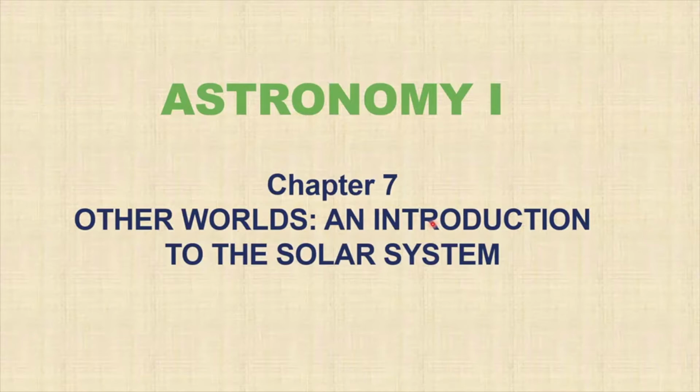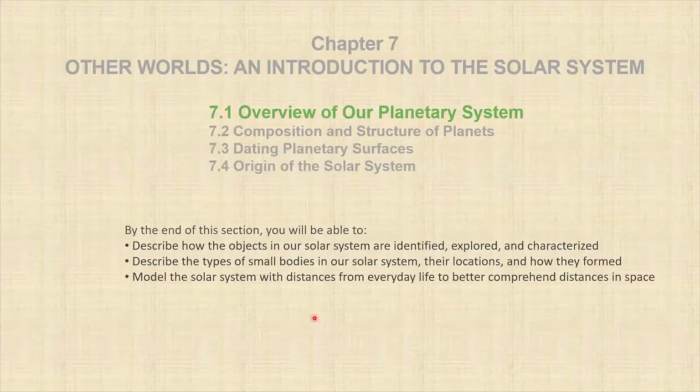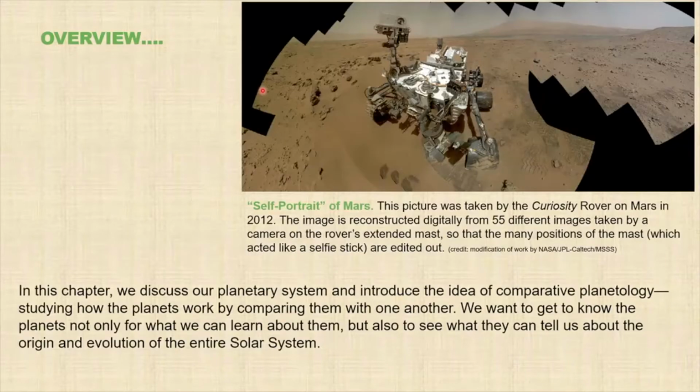But first we'll look into the solar system, basically the overview of our planetary system in the solar system. In this chapter, we'll describe how the objects in our solar system are identified, explored, and characterized. Describe types of bodies in our solar system: big bodies, rocky bodies, gaseous bodies, asteroids, comets, and